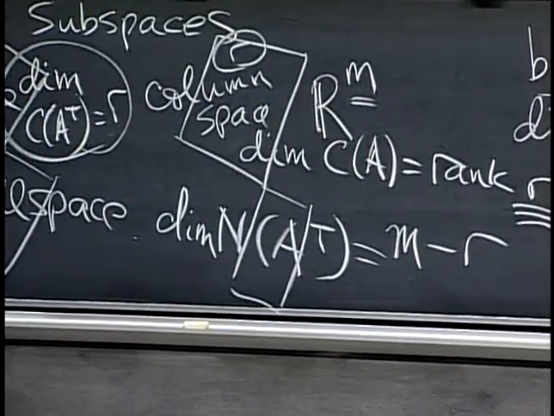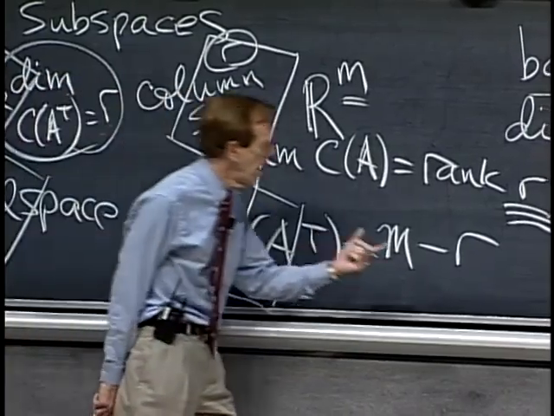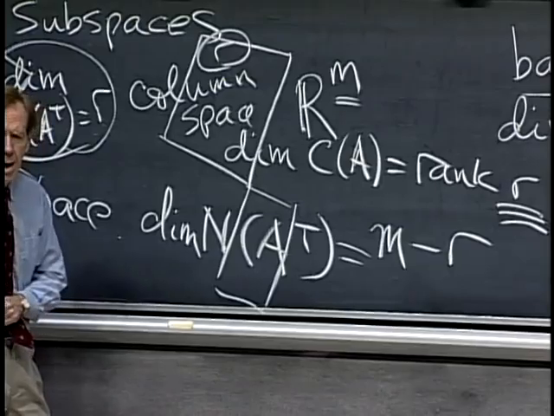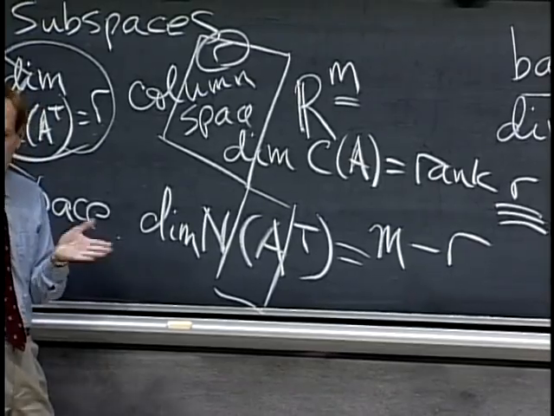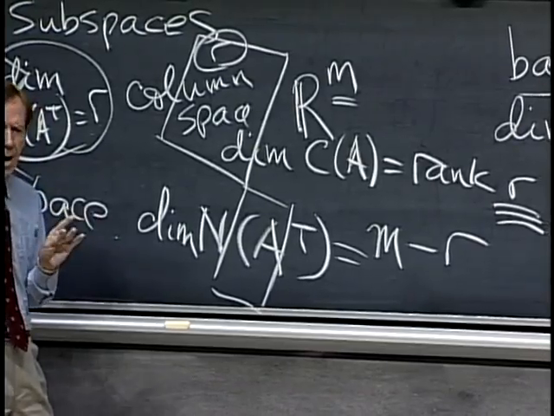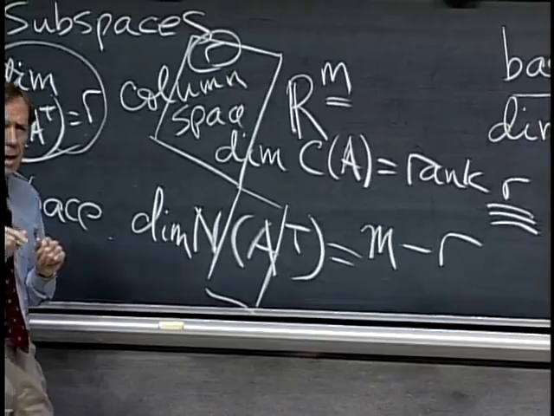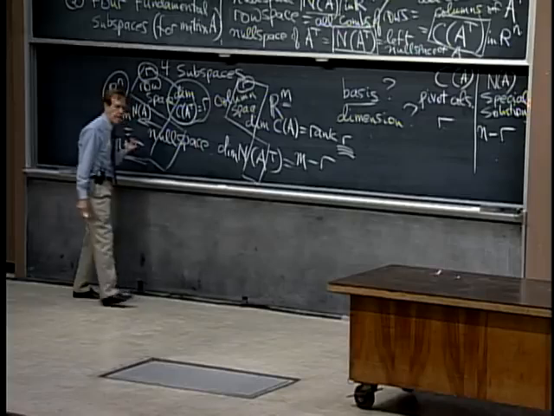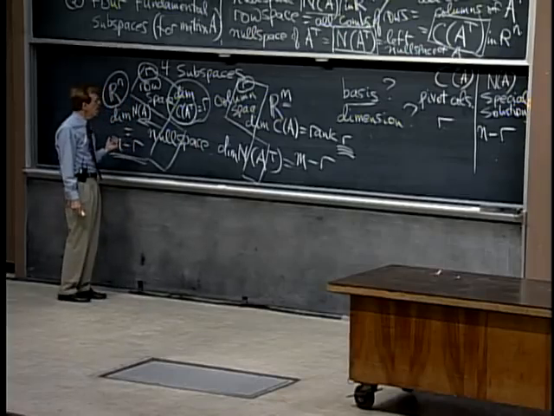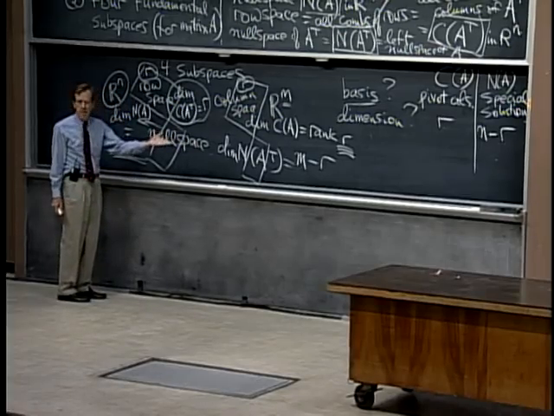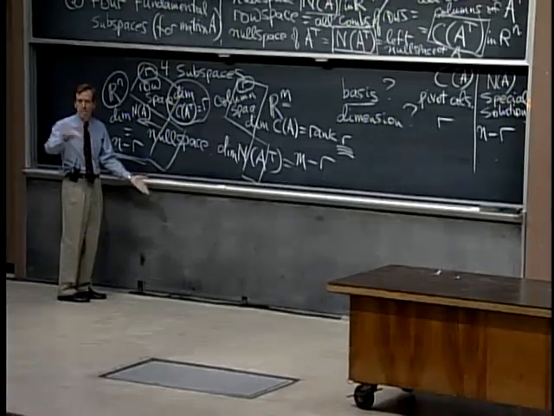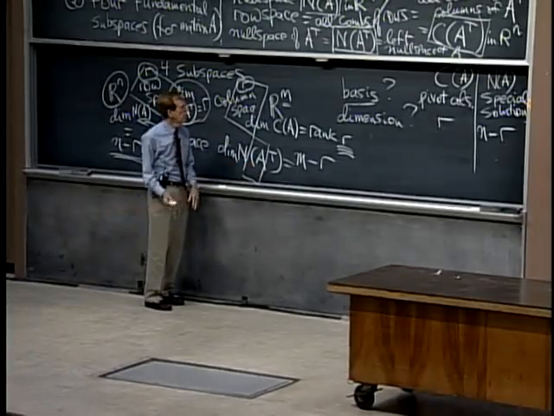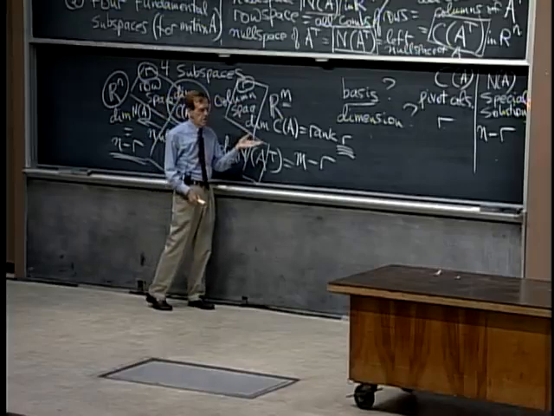Well, that's really just saying that, again, the sum of that plus that is m. And m is correct. It's the number of columns in A transpose. A transpose is just as good a matrix as A. It just happens to be n by m. It happens to have m columns. So it will have m